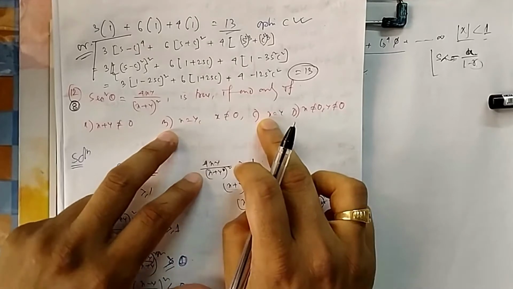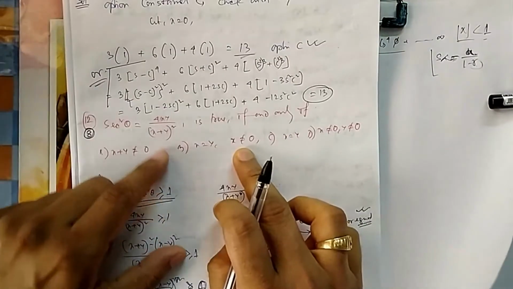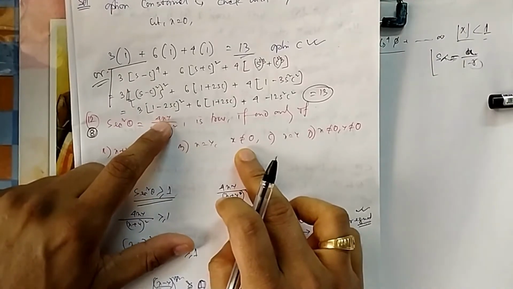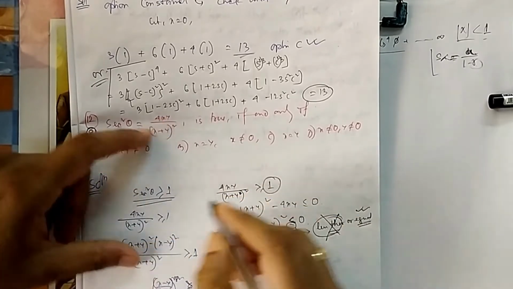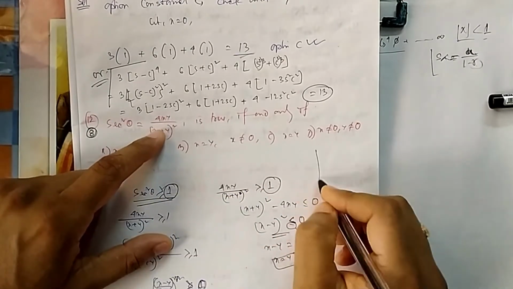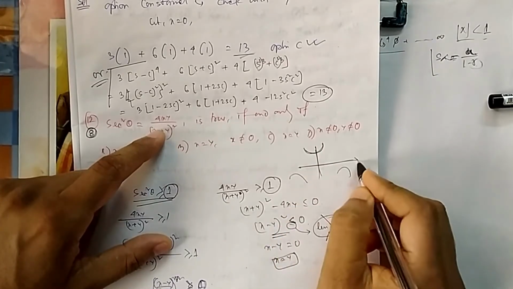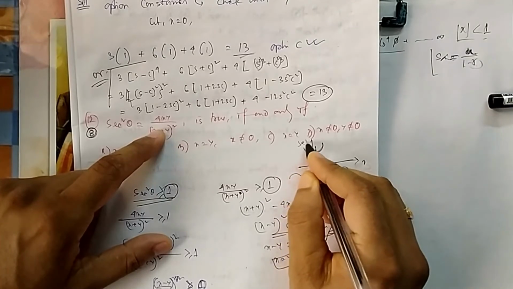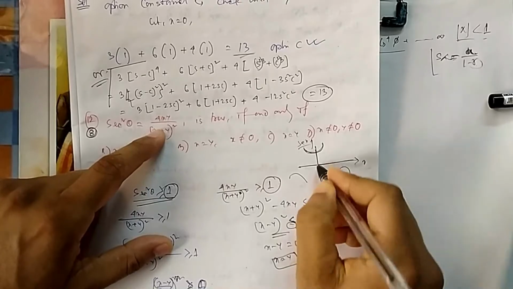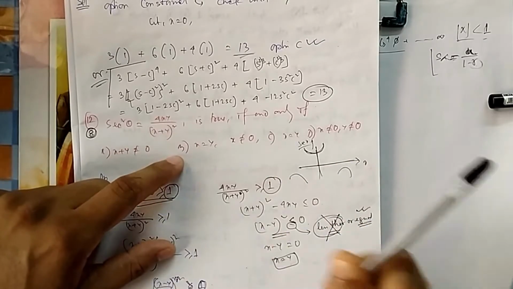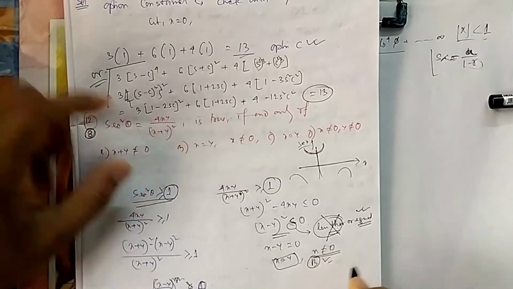Again you have two options, B and C. Now you check which one. Here they are saying x is not equal to 0. So what happens if I put x equal to 0? Then sec square theta is equal to 0. But sec square theta cannot be 0. It is always greater than or equal to 1. We have seen the graph of sec square theta. This is the graph of sec square theta. I think you can remember, this was x, this was sec x. It is always greater than 1, so it cannot reach 0. It cannot come to this point. That means x cannot be 0. So obviously B will be the correct option. Along with that you have to write x is not equal to 0, and that will be the correct answer.